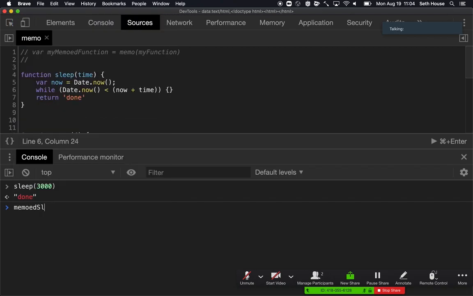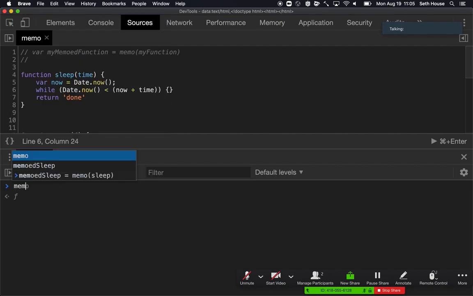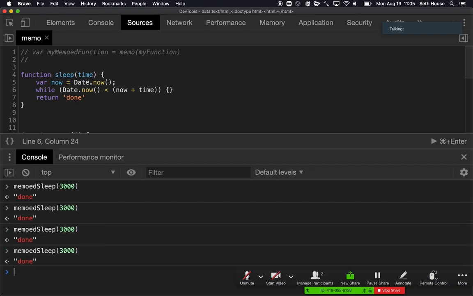So memoSleep is going to be equal to memo of sleep. The thing we're going to look for is that the first time we call this memoized sleep, we should have that delay. So 1, 2, 3. There we go. Now the second time we run this, we should get it back immediately, and we do. So we've memoized that delay. There's an example of where memoization